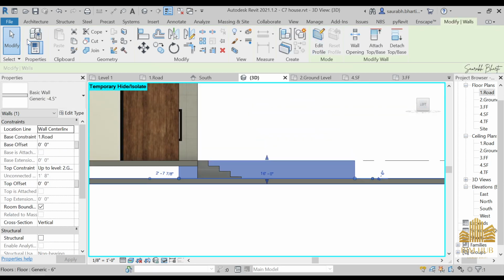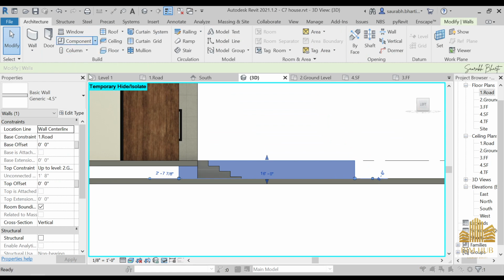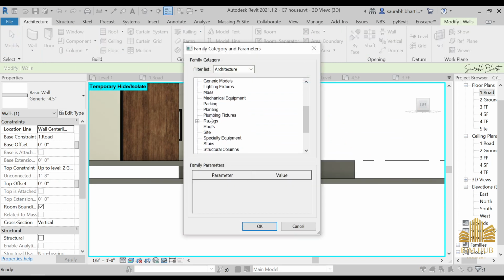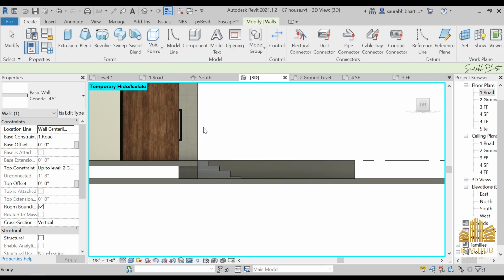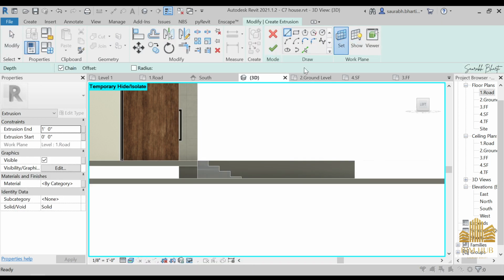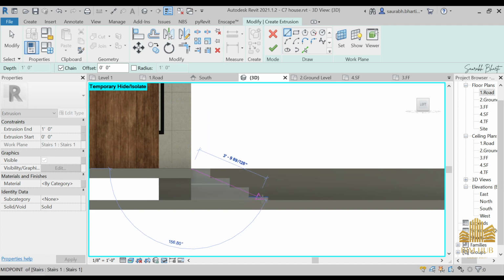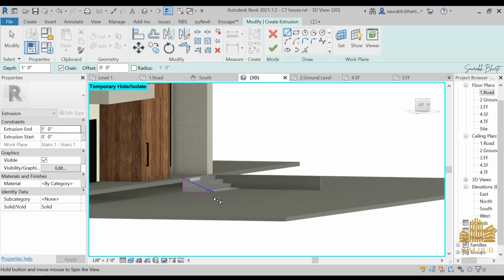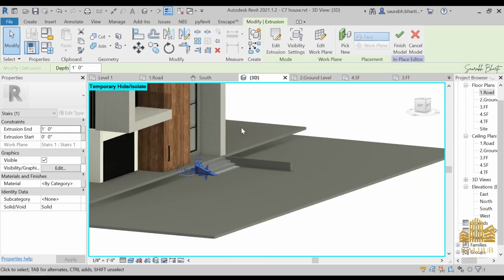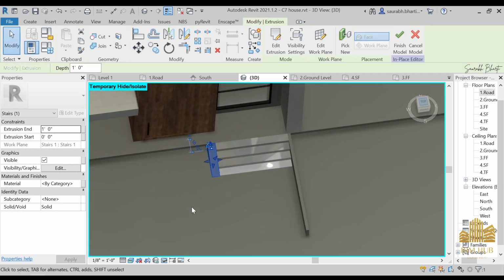Left view, again Architecture, Model in Place, again go to here and you can select Stair, okay. Extrusion, Set Plane, pick a plane. You can pick this stair also as a plane, okay. So you can select the stair as a plane, then just make a slope from this point to this point, something like this, as a triangular shape. Then finish it. Go to the top view